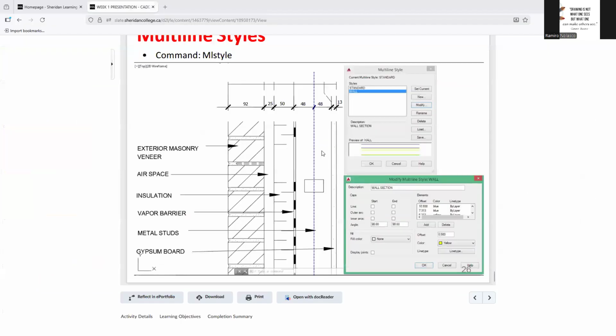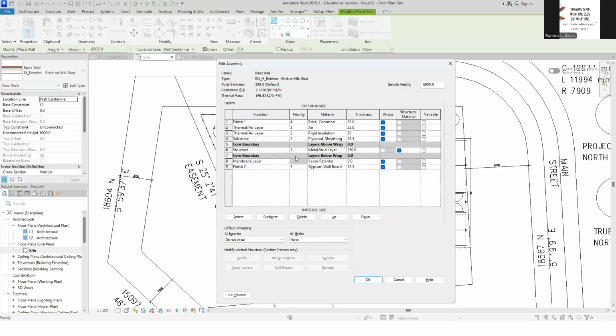Okay. Next, we have the metal stud. We don't divide it into 2. We simply say 48 plus 48 is 96. Okay? But this one, you need to put under structure. This is the core, the structural membrane. So, we have to put it here, metal stud. Okay? And the size is 96. So, we're going to say 96.